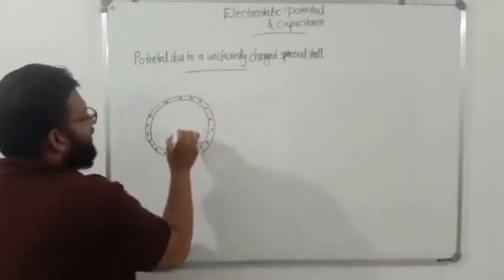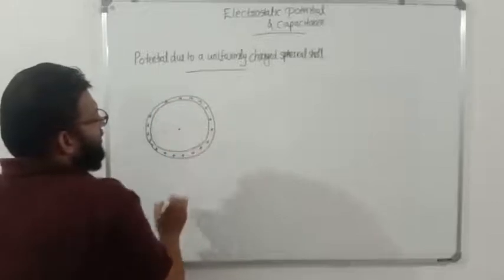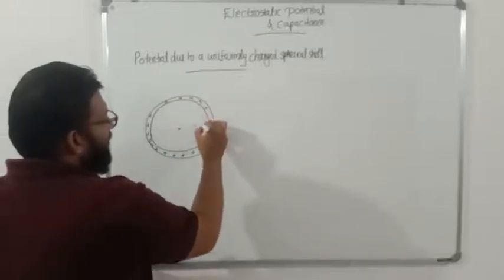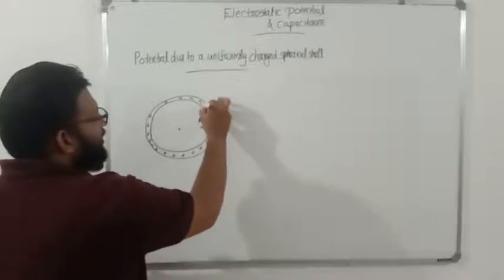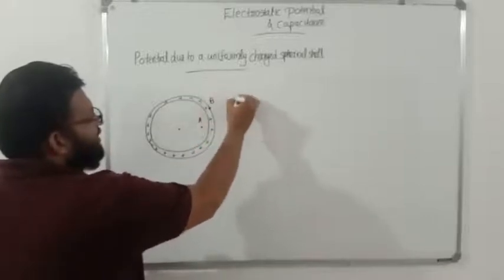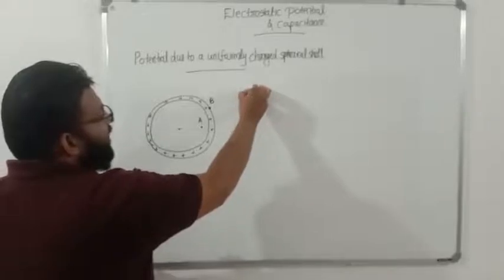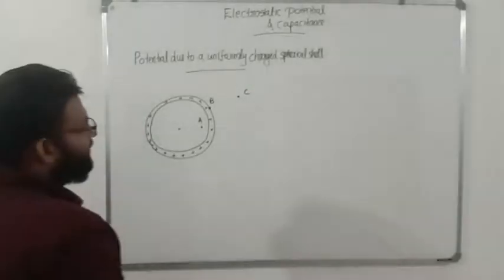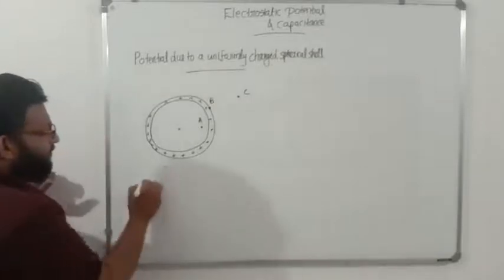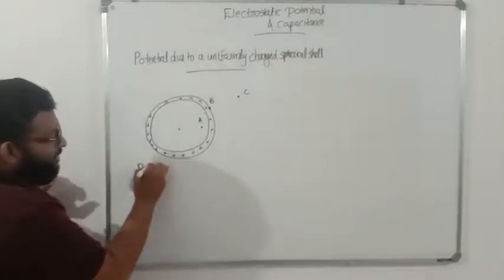Now we will select 3 points. Point A, it is inside. Point B, on the surface. Point C, outside. No problem. We are having 3 points. Now, first we will discuss potential